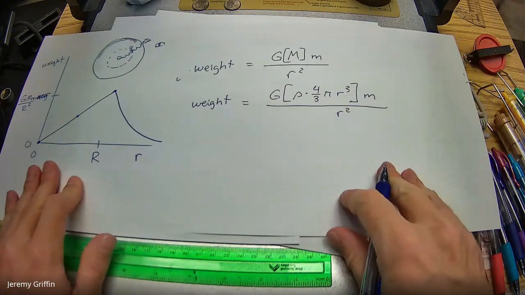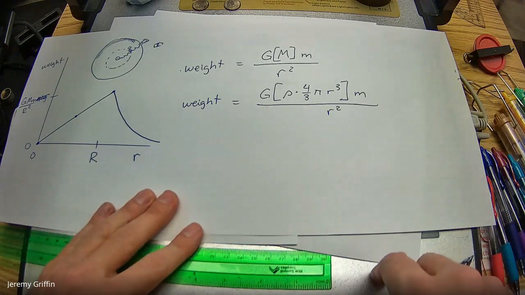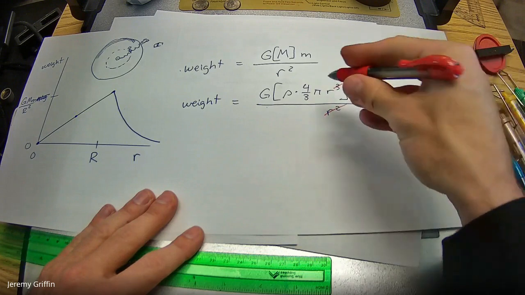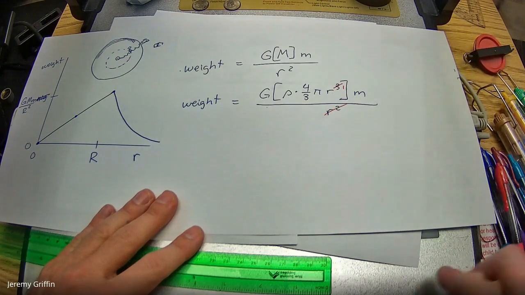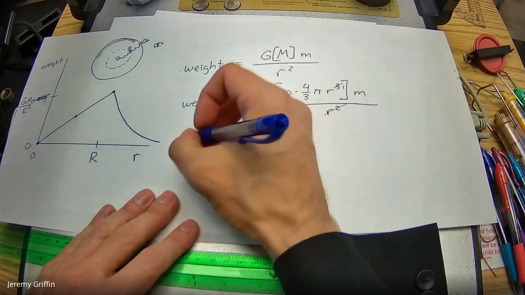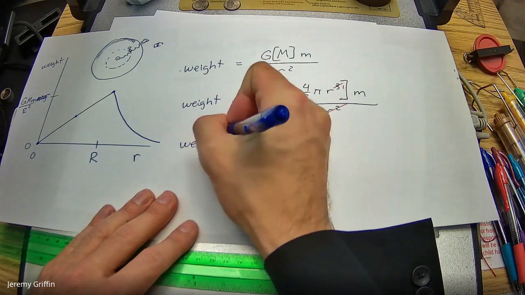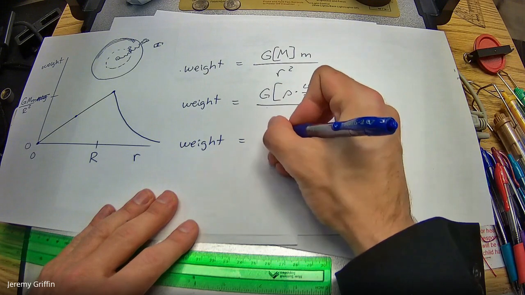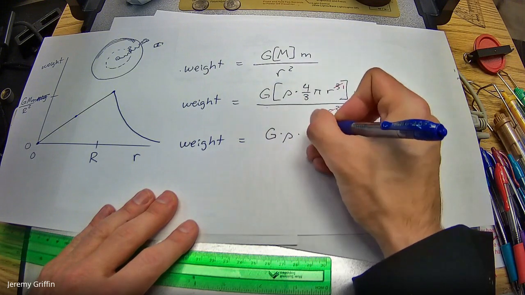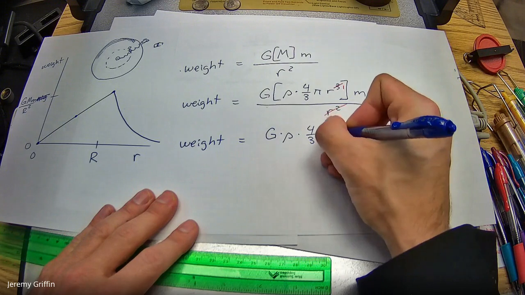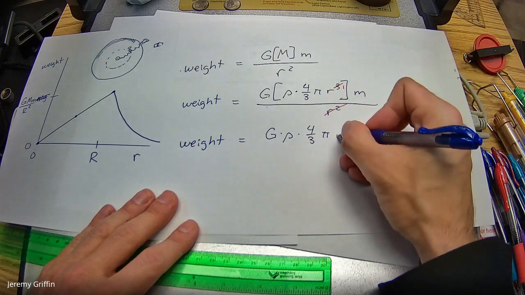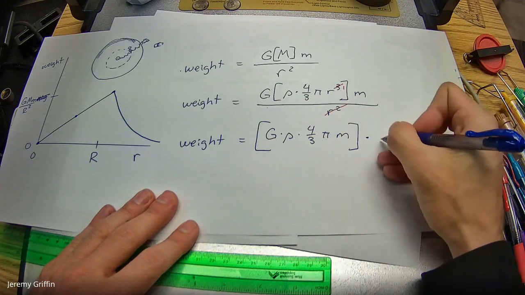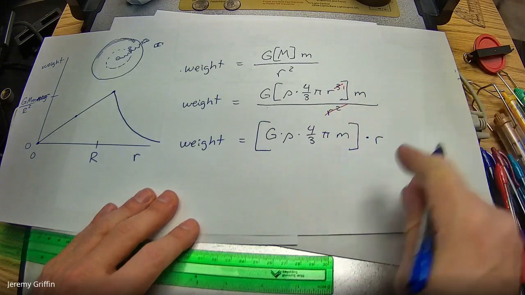Okay, so good so far? What's gonna cancel? R squared. Yeah, the r squared, and then this reduces to 1. So it's r times r times r, all divided by r times r. So left with 1 r. So your weight, the gravity force on you, is, well, what have you got left? I got a gravity constant, I got the density of the dirt, I got 4/3, got a pi, I got your own mass, I'm gonna slide over here. And then multiplied by, there's only 1 r left on the board. I'm gonna slide that to the end.